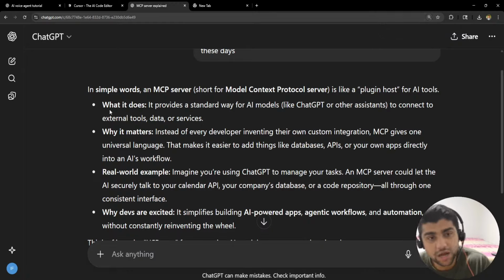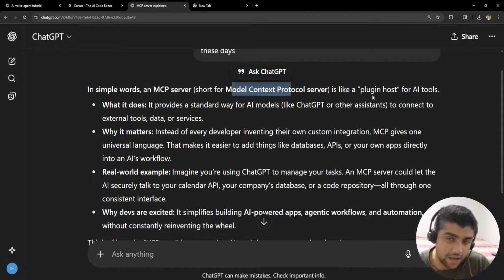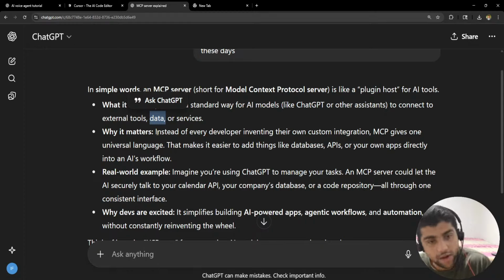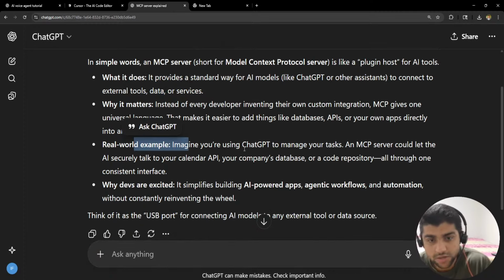If we scale this project, we can add in the MCP server concept, which is Model Context Protocol server. It's like a plugin host for AI tools. It provides a standard way for AI models like GPT, Gemini, or other assistants to connect to external tools, data, or services. Why it matters is that instead of every developer inventing their own custom integrations, MCP gives one universal language. That makes it easier to add things like databases, APIs, or even your own apps directly into an AI's workflow. A real world example: imagine you're using ChatGPT to manage your tasks, and an MCP server could let the AI securely talk